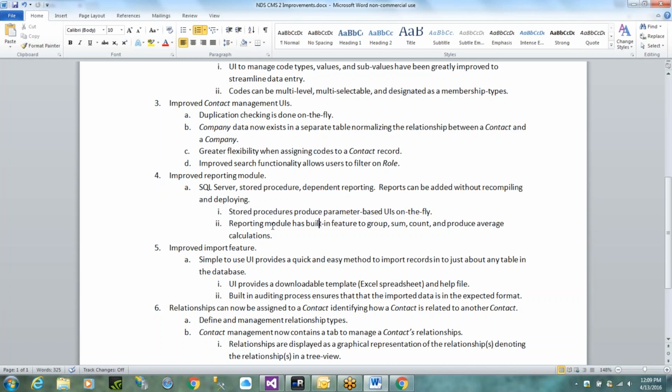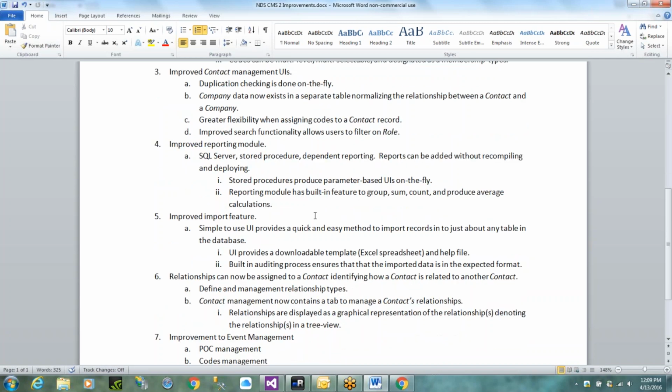Everything's stored procedures. We build it kind of on the fly. The other really cool thing is with this report, we can do groups and sums. You can see how it was grouping the report, but we can do sums and counts and averages and calculations. Any kind of weird stuff like that you come up with, we can actually do that in the report. So we can give you more than just